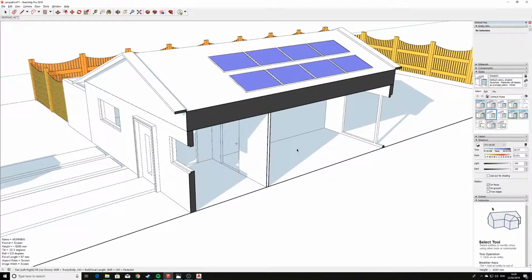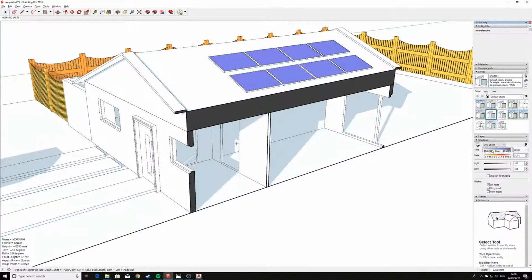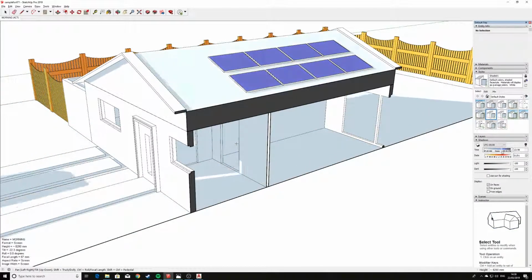So basically when you create a camera, it just takes whatever you're looking at the moment and creates a camera right at that point where you're looking at things from. So we have the first camera in, and now over on the right hand side, you can see there's a shadows tab, and you have date and time, and when you change them, it changes the time of day, and that of course affects the lighting levels within